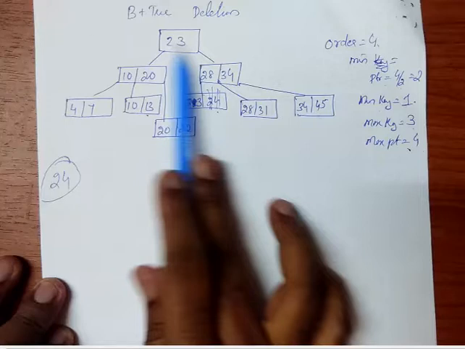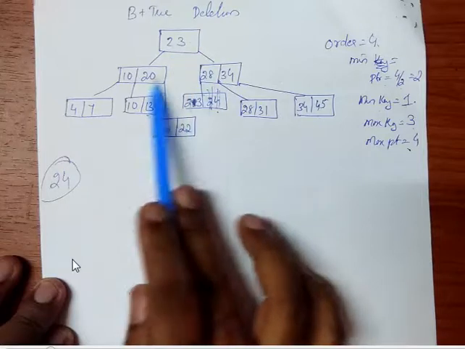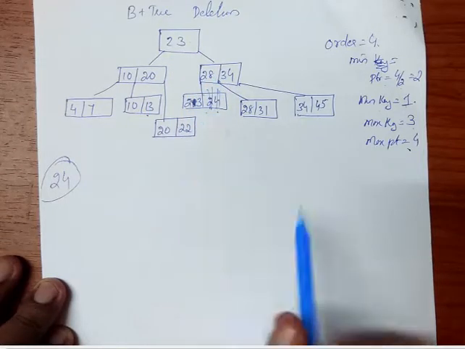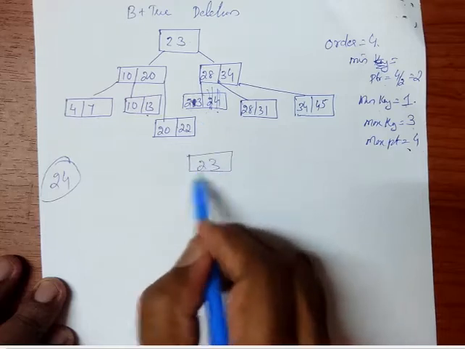We already saw in the case of insertion in a B plus tree that a data value may be in the higher levels. All the data values will be present in the leaf level, but a few data values may also be present in the higher index levels. So if we remove a particular value from the data level or leaf level, then we need to check whether the key element is present in the higher level also. Then we have to remove it from that level too. Here 24 is not present anywhere else, so we just need to remove it from the leaf node.